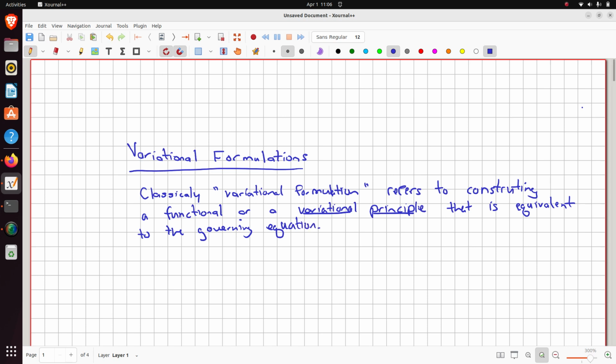All right, so classically, variational formulation refers to constructing a functional or a variational principle that is equivalent to the